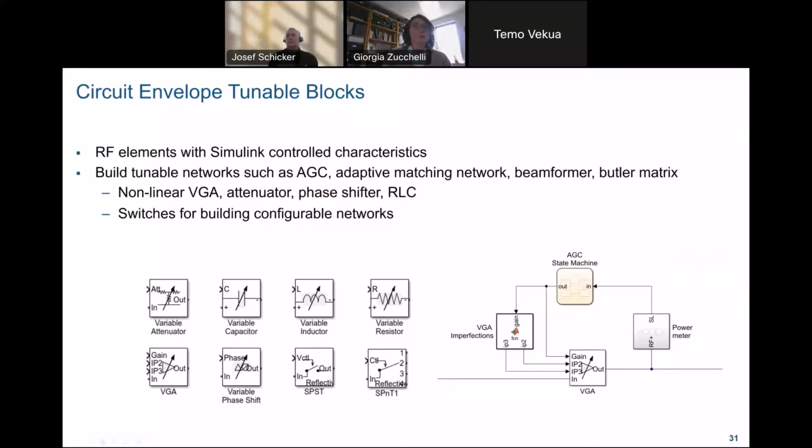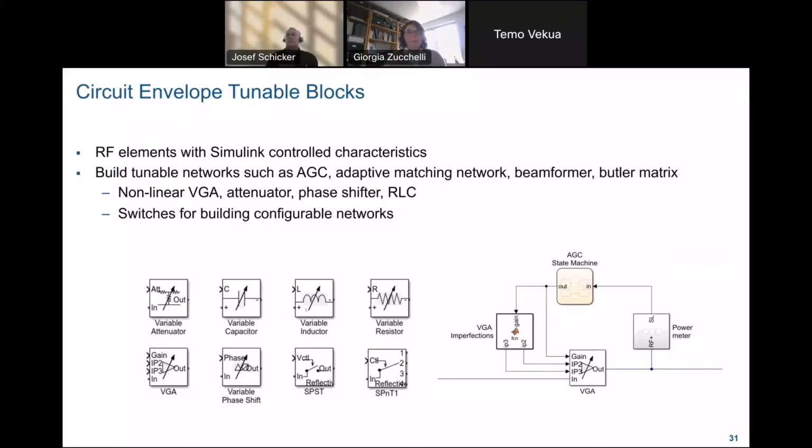But it also has a control port. And the control port represents the actual value that this inductor offers to the network, and it can change at every time step of your simulation. This is very interesting because now we have components such as a capacitor, an inductor, or a switch that at steady state are linear, but as soon as we apply a control signal that changes the characteristic of the system, they actually become nonlinear. So a time-varying capacitor is effectively a nonlinear component. A time-varying switch is effectively a nonlinear component.